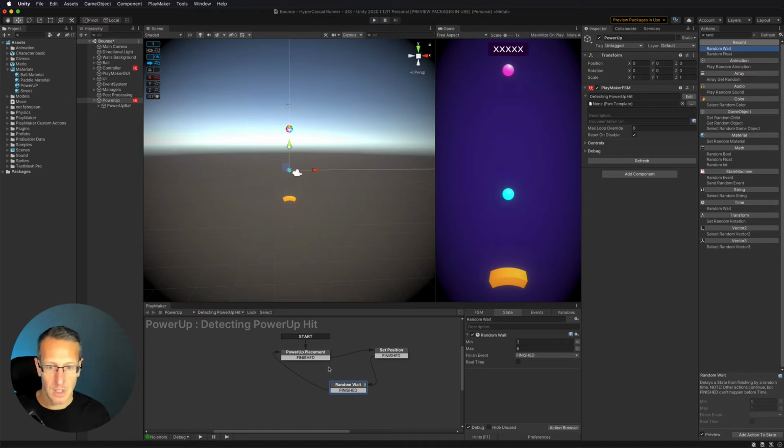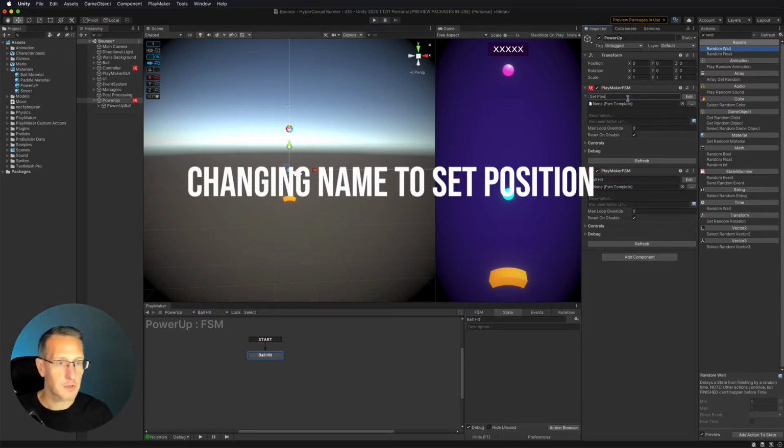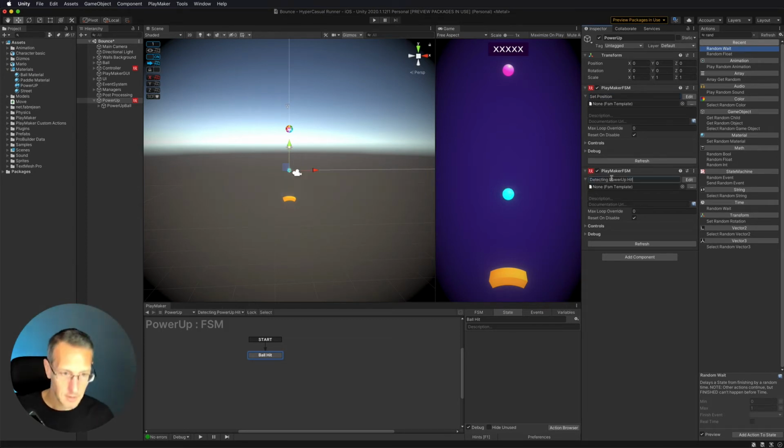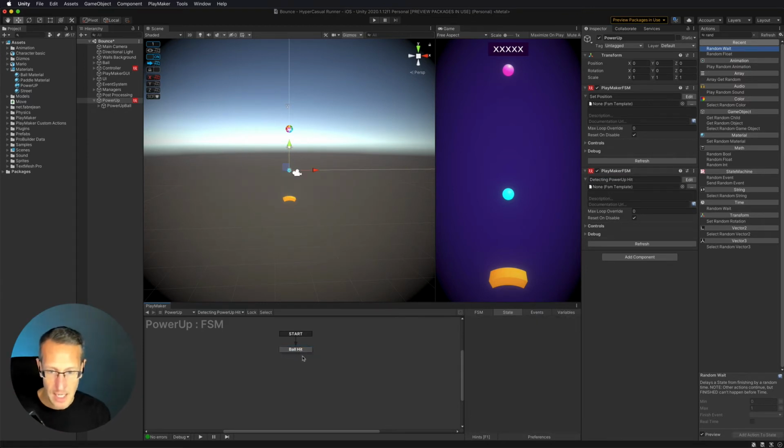up. Okay. So what we'll do is I'm going to go ahead and just add a new FSM. So we'll call this ball hit. Okay, that's fine. And we'll change our FSM up here. So ball hit, and I probably need to change this from detecting power up hit. Let's change that to set position. And we'll call this one detecting power up hit. That works. Okay, cool. All right, so now that we have that,